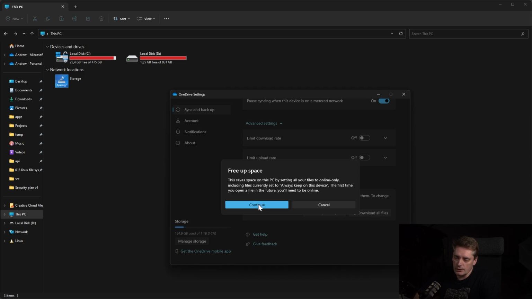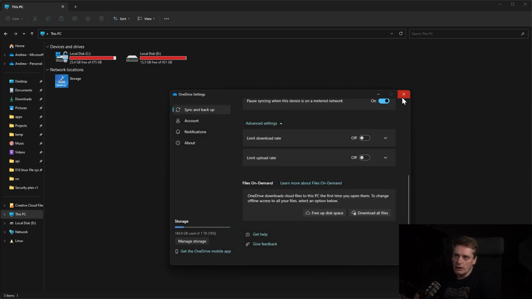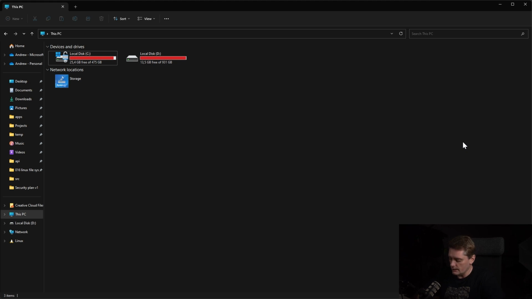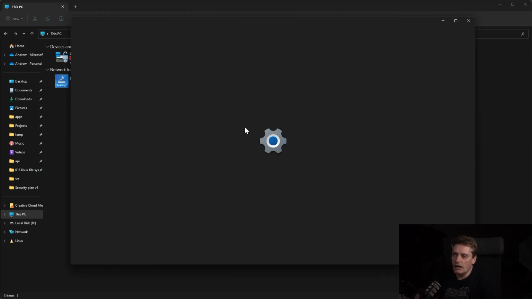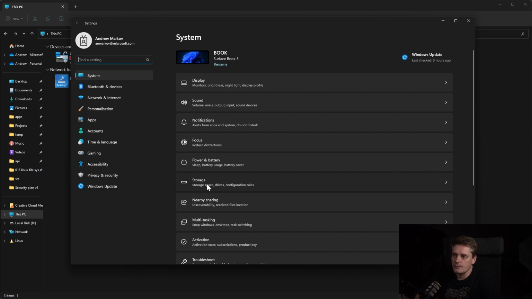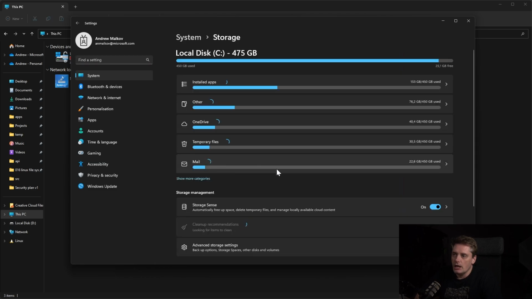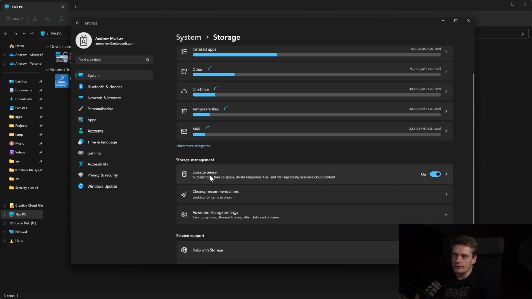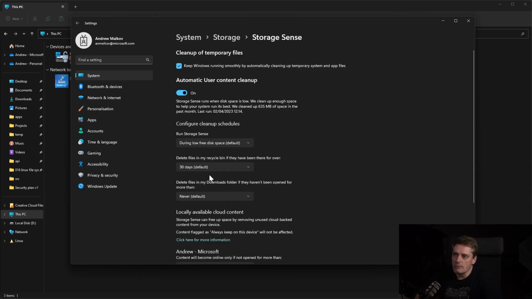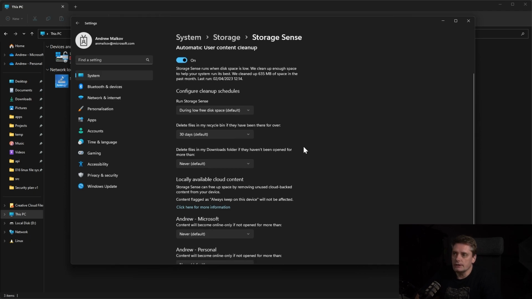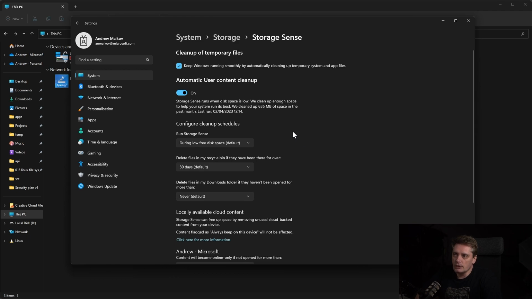So I can click continue, but I can also show you another interesting thing. If I just go to my settings, Windows + I on my keyboard, inside the settings I go to storage over here, and I go to Storage Sense. This is the tool that allows you and me to manage the storage inside Windows. So first of all, what we can do here: